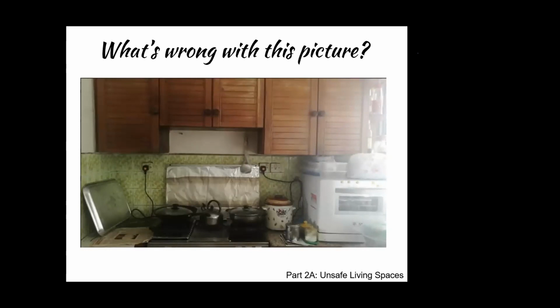Bad wiring. Wiring is high, so it might not contribute to a fall here. Yeah, wiring is too close to the stove. Dangerous. Yeah. Anything else? The wood cabinet can cause fire. Wood cabinet. If it is open fire, it might be, but this one, as you see, is actually an electric stove, which doesn't have the open fire.